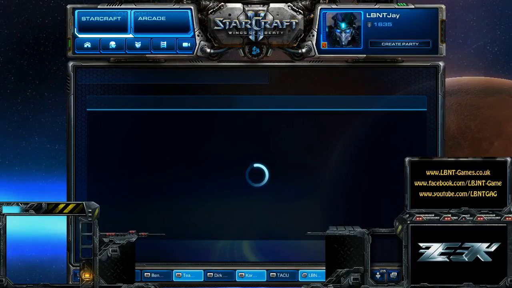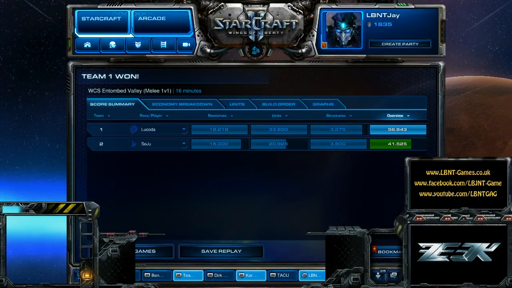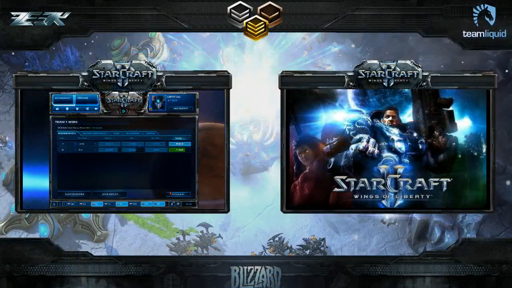I'd just like to point out that the Nydus network usually doesn't work with the correct pylon placement. If the Protoss puts pylons there, the Nydus and the Roaches are basically a wasted investment, I feel. Protoss didn't make the smartest move by going into...